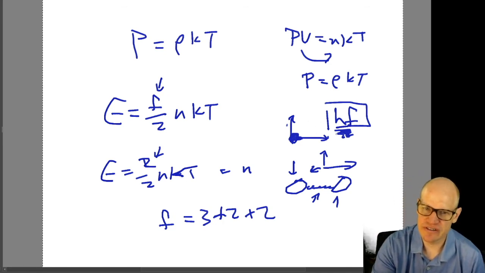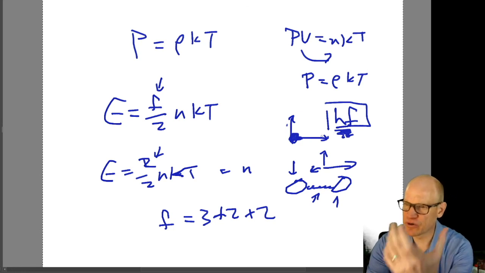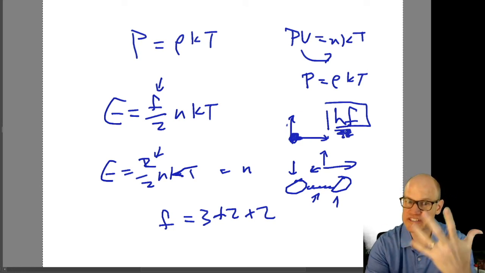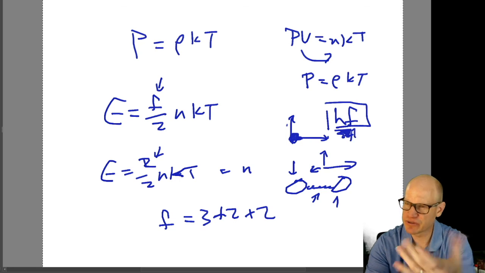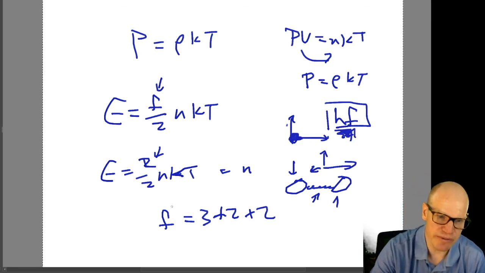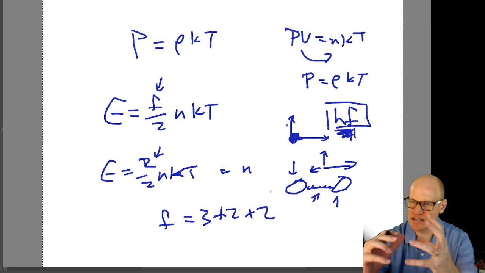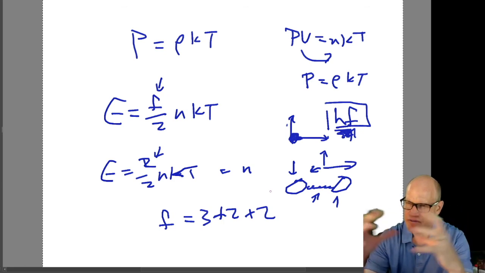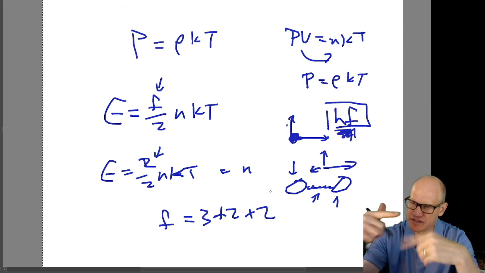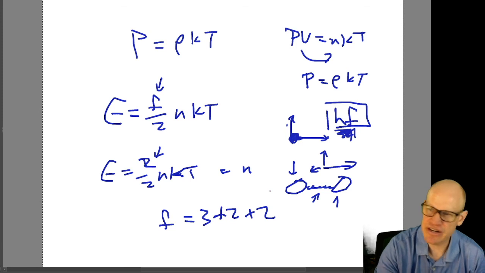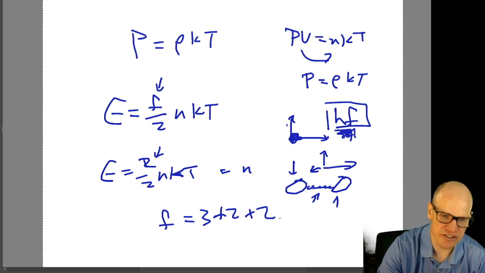So those extra degrees of freedom only turn on once the energy is high enough. Anyways, if you have a diatomic gas at high temperatures, you have the vibration modes, the spinning modes, and the translation in all these different dimensions, and you add all these things together, and you get that the energy of the system is equal to